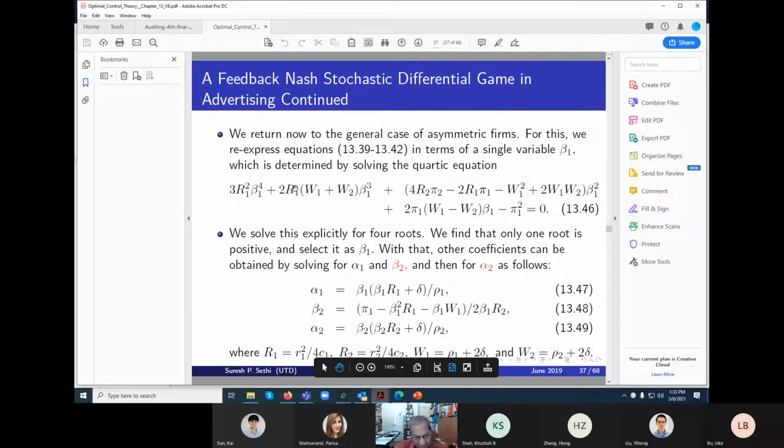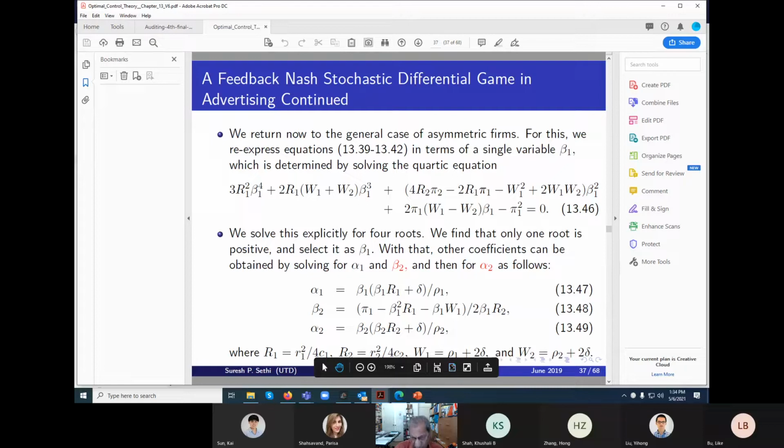So I have beta 1. Then in terms of beta 1, whichever is the positive root, you put that one here and you get alpha 1. Whichever is positive, you put here and you get beta 2. And then once you have beta 1 and beta 2, you put them here and you get alpha 2. So you go sequentially: you start with the positive one and you get all the others. And as before,